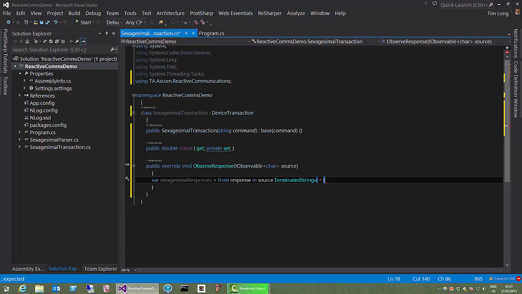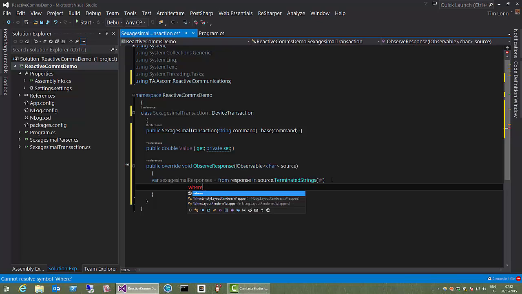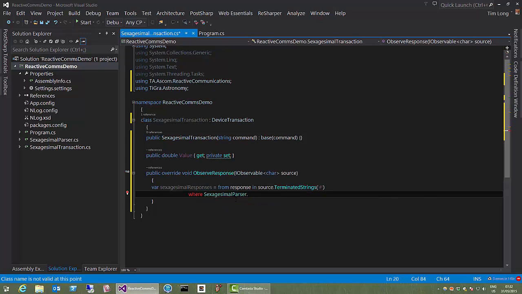So we've converted our character stream to a stream of strings, where each string is terminated with the hash character, or if you prefer pound, or my favourite, octothorpe. Okay, so so far we have a sequence of strings, but we're only interested in strings that have a valid sexagesimal value in them. So we can say is valid